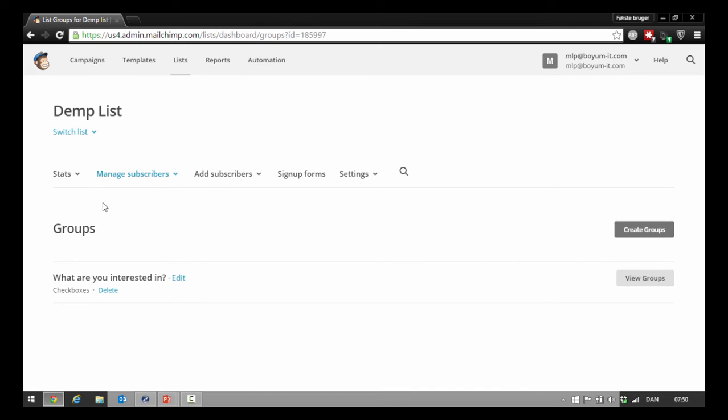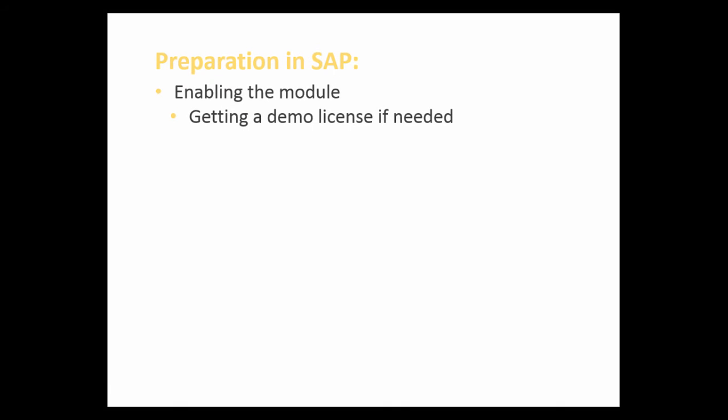Okay, that was basically all the setup you had to do in MailChimp. There's lots of additional features in here, but I suggest that you look at the MailChimp e-learning to actually see how to do this. Now that we got the online part done, let's have a look at how we set